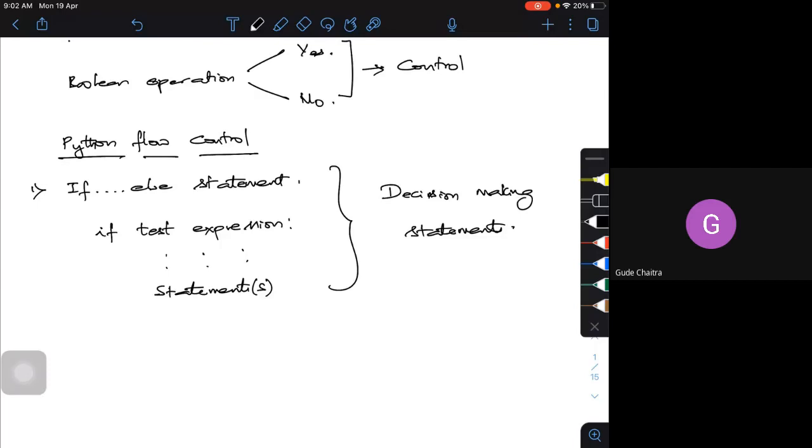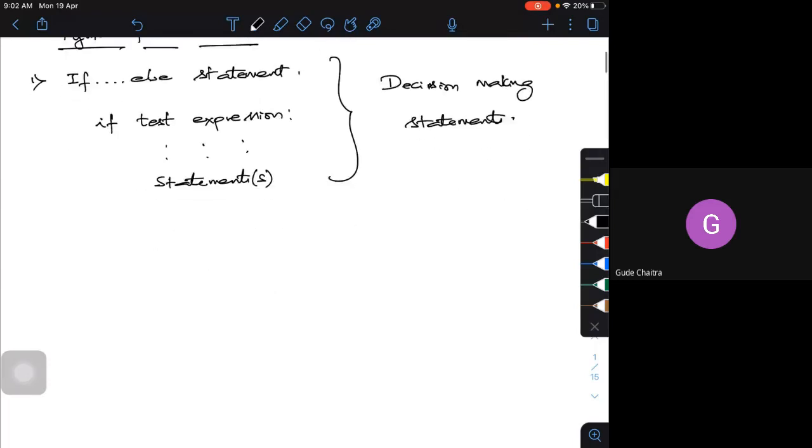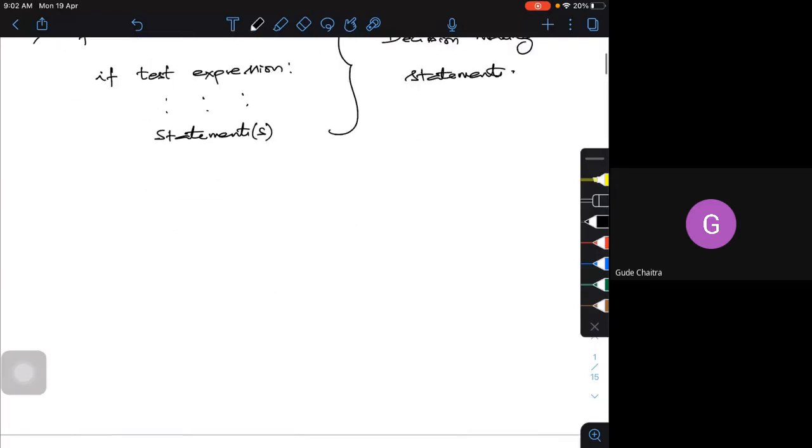If I try to put a flow chart for it, I have a decision rhombus here. This is the expression that I am trying to check. If it is true, and I have a false.